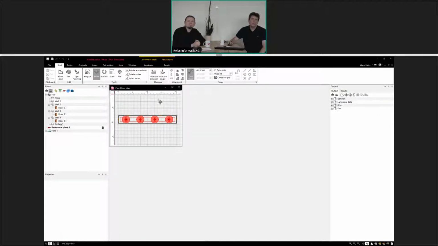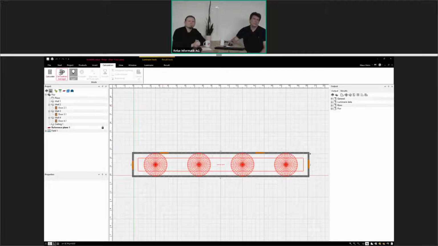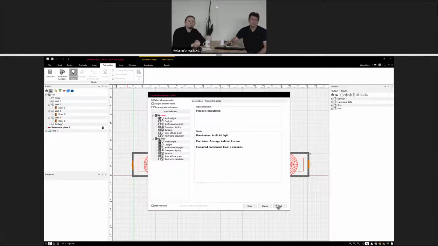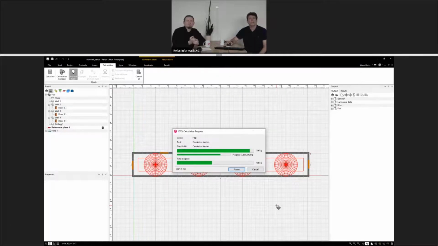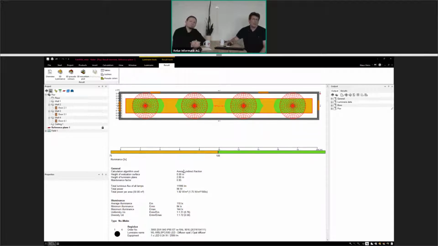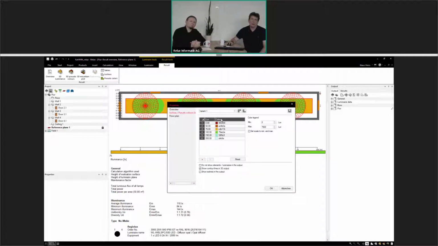I have to recalculate, but also realize that it is still possible to open a project which was created in the version 2007. I run a calculation for both rooms, and in the first moment when I open the output, I have the same scale. I have the scale from the old program, and I will now switch to our new strategy for the